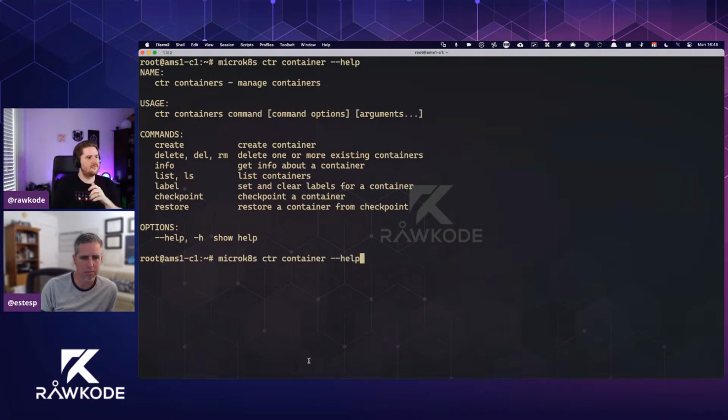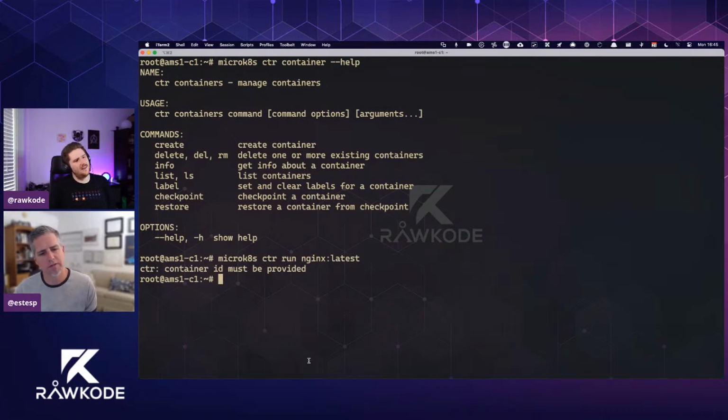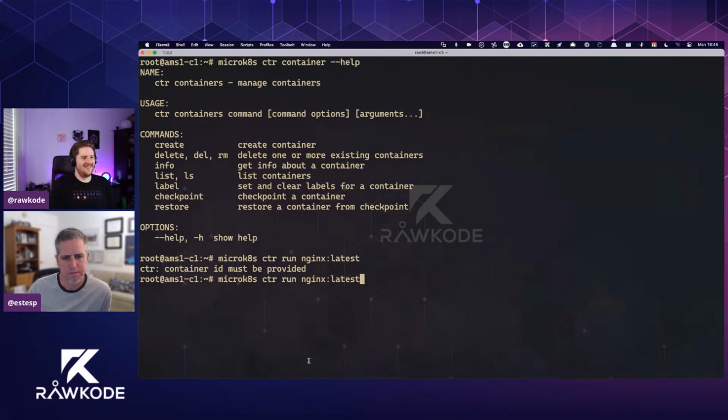So ctr run by itself, without container. Oh, I need a container ID. You have to name your container. We don't have fun default names like Docker. Well, I feel it would be remiss if I didn't give it a name in that vein, so let's call it Angry Linus.